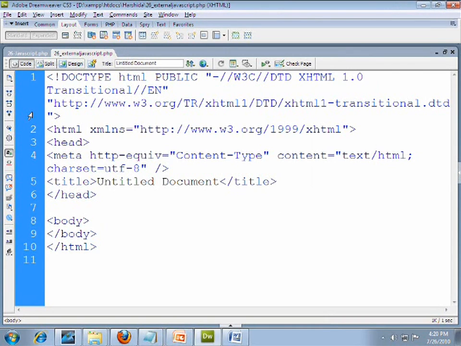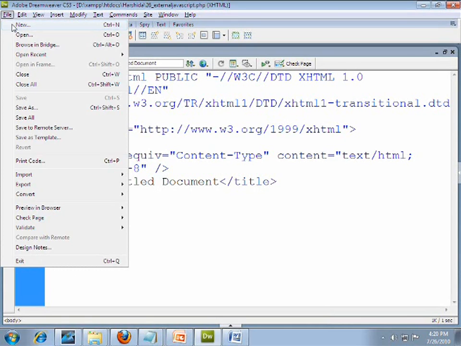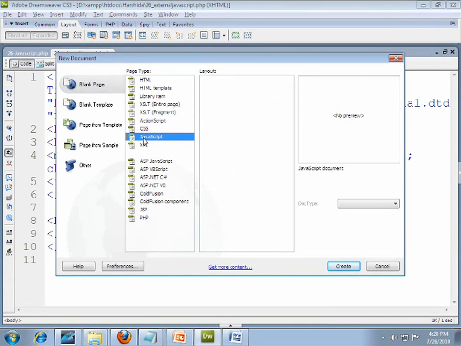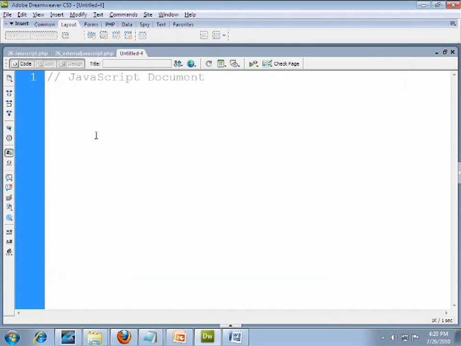Okay, now our next target. This page is basically an example of external JavaScript. So again, go back to the file and select New. You can see that we have an option for the page type as JavaScript. In the beginning, I told you that we write our JavaScript function in a separate file when we are interested in performing the external JavaScript. So you just select your page type as JavaScript and then click on the Create button. Now you are allowed to write your JavaScript function in this page and perform the necessary operations.